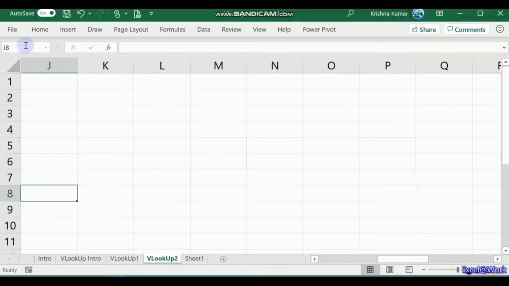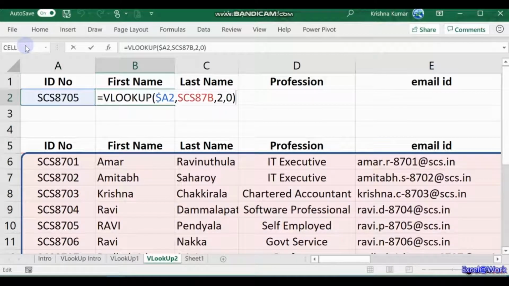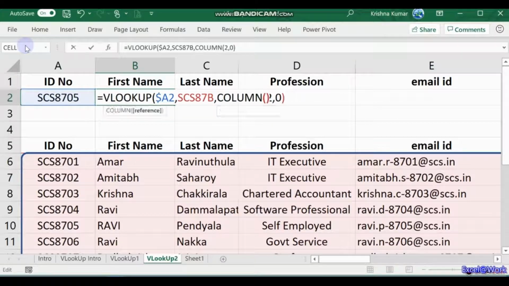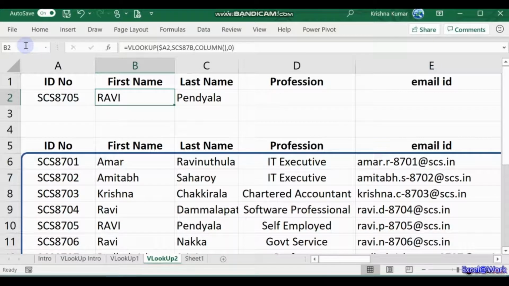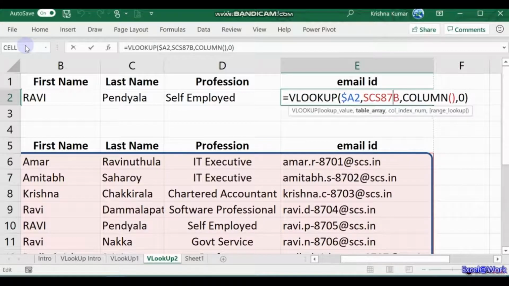Now coming back to our VLOOKUP formula, what to do here is we now know the second column has got what we want, so I just put the column number here, and then copy this to here, and then publish mail ID. That is done. So if you see the quick dissection of the formula, A2 is constant because it always refers to cell A2. This is the range name and this gives the column number.